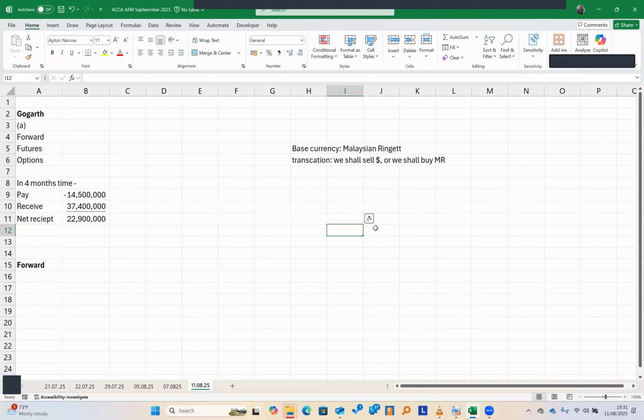Sorry. So as I was saying, the transaction is that we shall have to sell dollars, we shall have